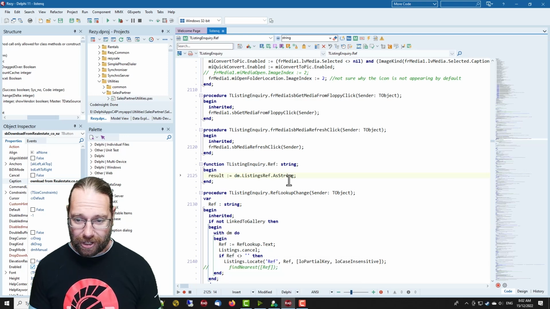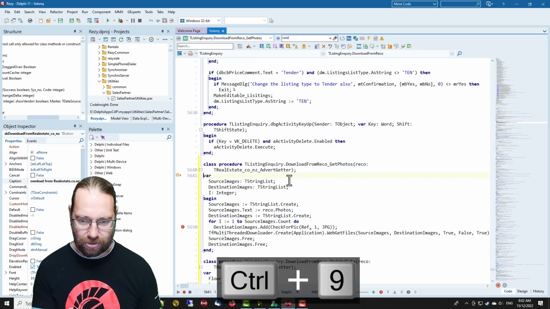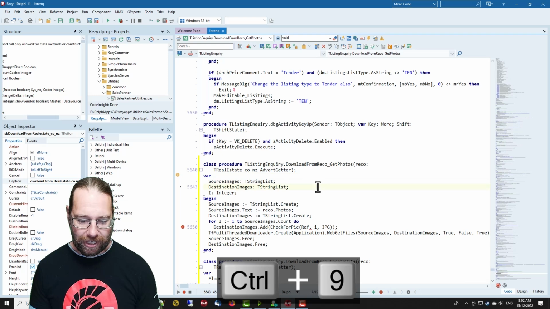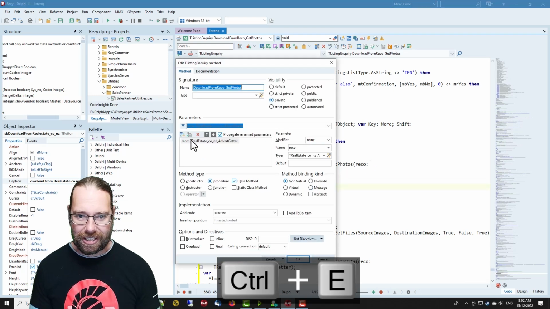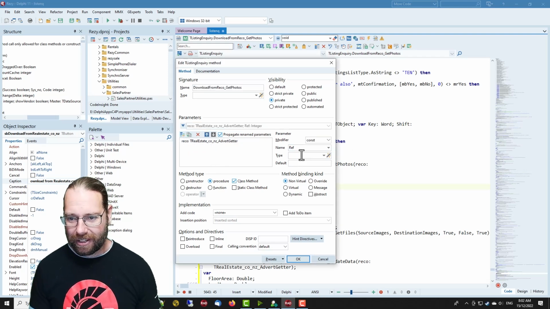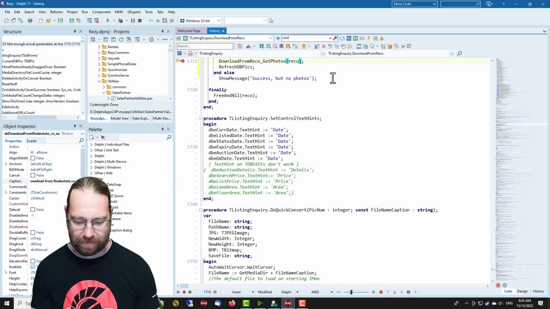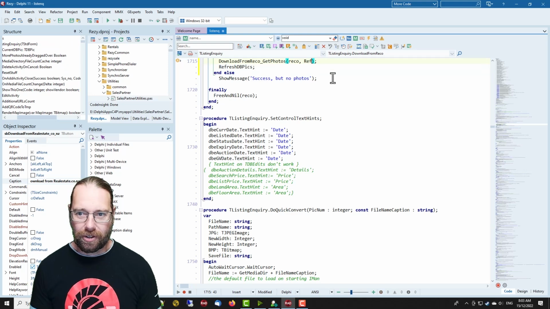So what I could do, there's two options. The first would be to add a parameter. So if I go back, Control E, if I edit entity, I can insert a parameter, call it ref, and it's remembered from last time I did this that I wanted it to be a constant and a string. And I can go OK, and then we'll get a missing parameter which we can put in. Or alternatively,